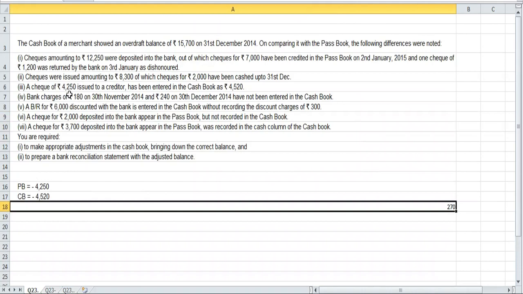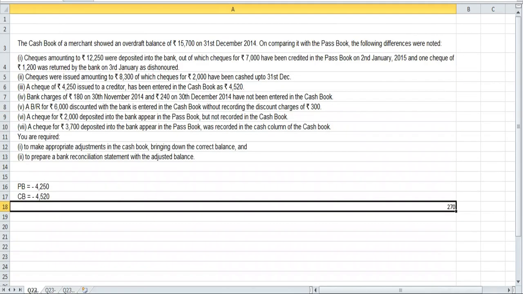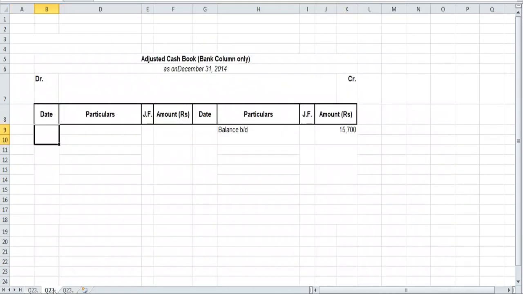What was the actual issue? 4250. But how much excess you have issued? 270 excess. So to correct that, we'll have to write on the to side. Okay, we'll have to write on the to side, and we'll write here. This will be, okay, since there is no date, this will be number 3, and we're going to write here